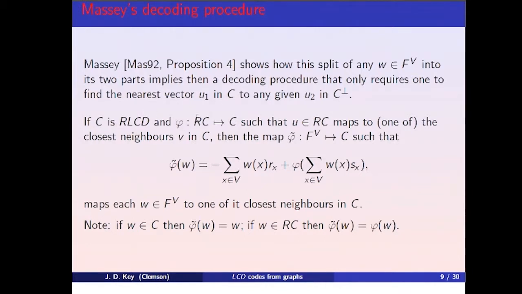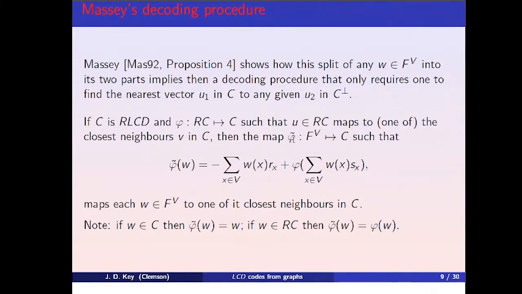So in the RLCD case, it works as follows. You have, and this is the tricky bit, this map here, a map from RC to C, such that U in RC maps to one of the closest neighbors, V in C. Now, if the errors are at most the error correcting possibility of the code, so D, the minimum weight, minus 1 over 2, integral part of that, then this will be unique. But otherwise, this won't be unique. So that's always a problem with nearest neighbor decoding. So you've got to set up this map, and once you've got that map, if you can do it and come to some decision about it, then